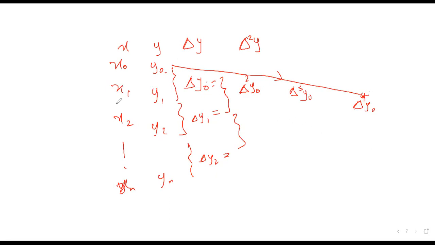Then if they ask you to find delta squared of y of 10, the question is this one. I will send the question anyway. They asked you to find this from the table. How can I find it? For example, let's say this is 5 and this one is 10. At this point, this will be y of 10. So I need to know, for x equal to 10, what the index is. The index is 0, 1, 2,